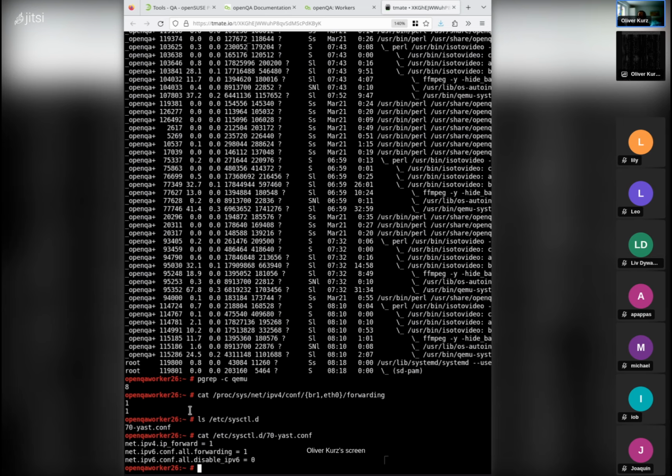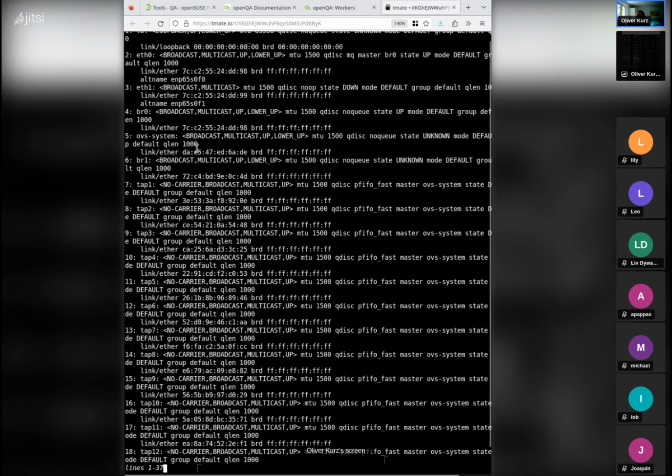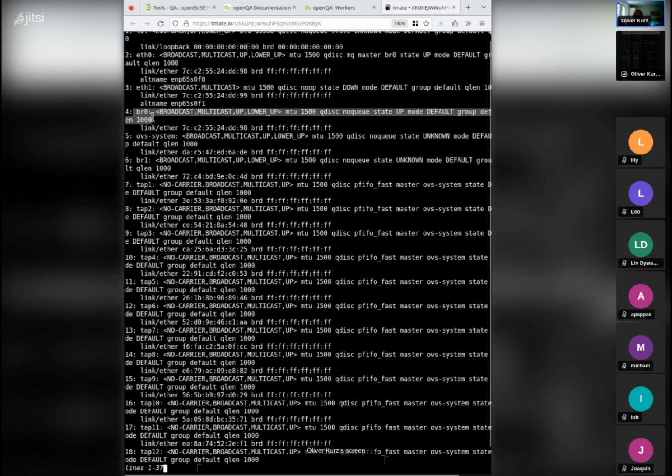We installed it with an AutoYaST profile and selected the system role, KVM hypervisor host, and that's when the YaST installer by default adds those forwarding settings for both IPv4 and IPv6, and also adds an according bridge device. So if you go from the top, then you can see that there is this br0 device with the MTU